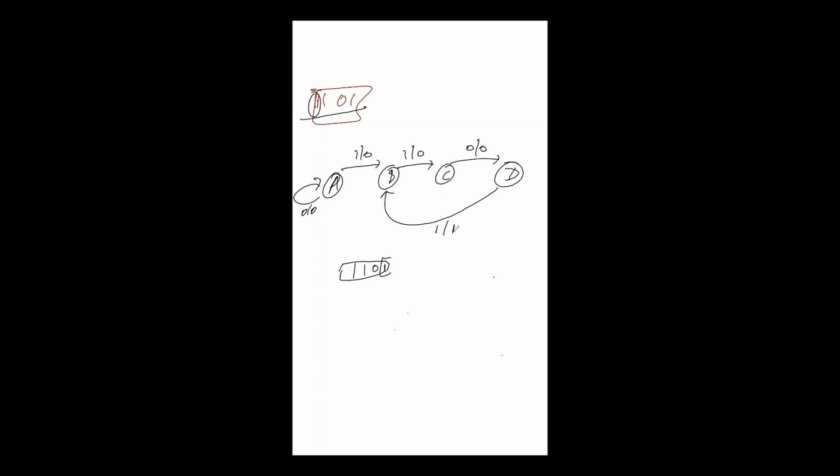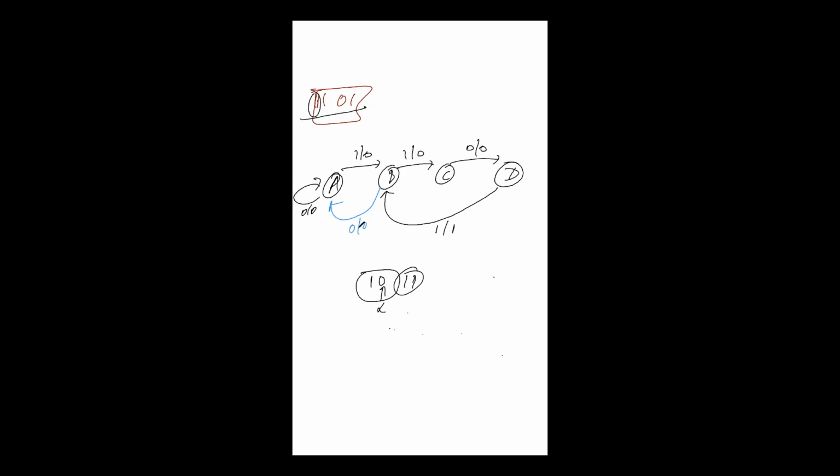Now let us consider other possibilities also. If you are in state B, means if you have got 1 and instead of 1 you are getting 0, that means you have to start all over again, because two continuous 1s should be there. You cannot use this also because you have to get 1. So you will go to A if you're getting 0.